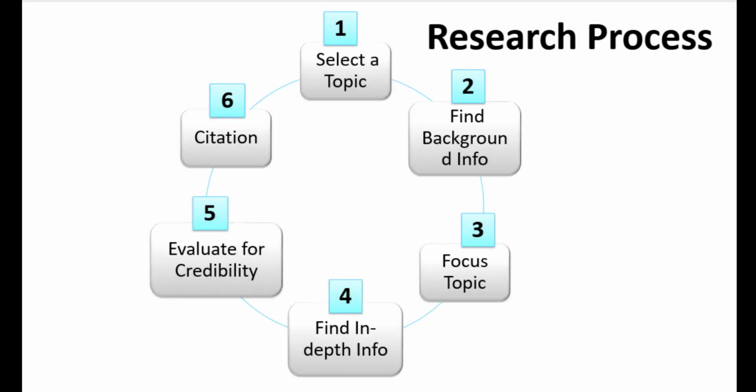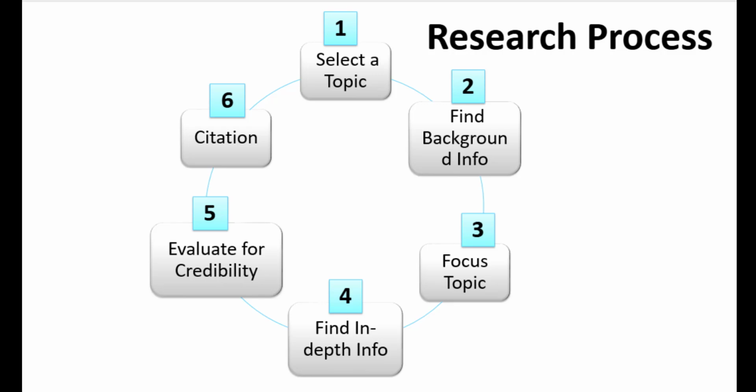Next, we will discuss how to navigate college research. When you get assigned a research paper, you will need to follow the general steps of the research process to successfully complete the assignment. The basic steps of the research process include 1. Selecting a topic, 2. Finding background information on the topic, 3. Focusing your topic down,